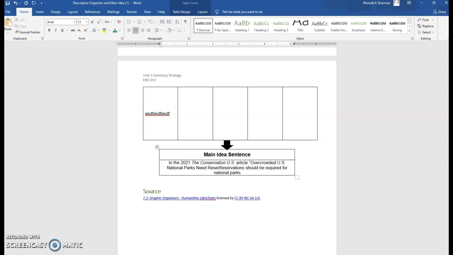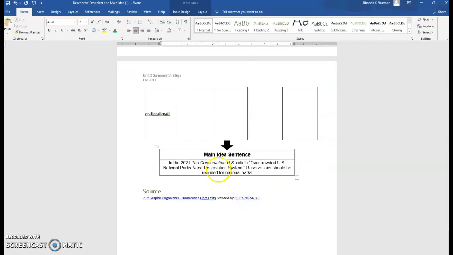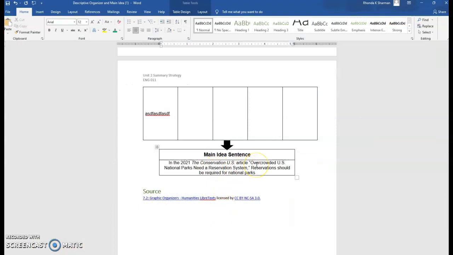And I'm going to have to check this to make sure I'm getting this correct. Overcrowded U.S. National Parks Need a Reservation System. Let's make sure I get that. And then we want to have the author, who is Michael Childers. There's just one. So we'll say the author, Michael Childers,